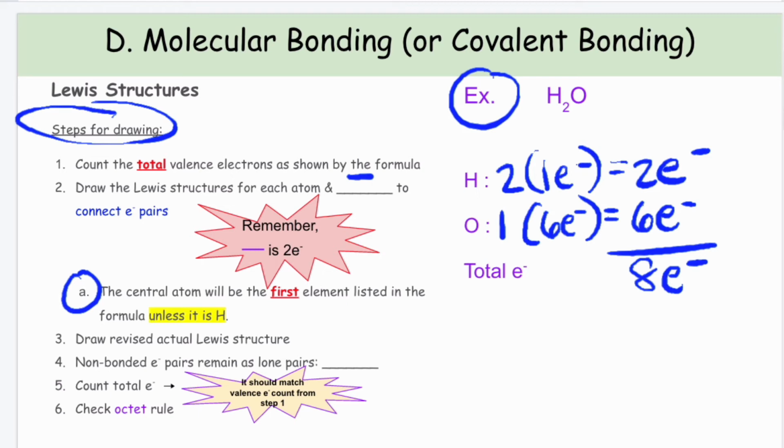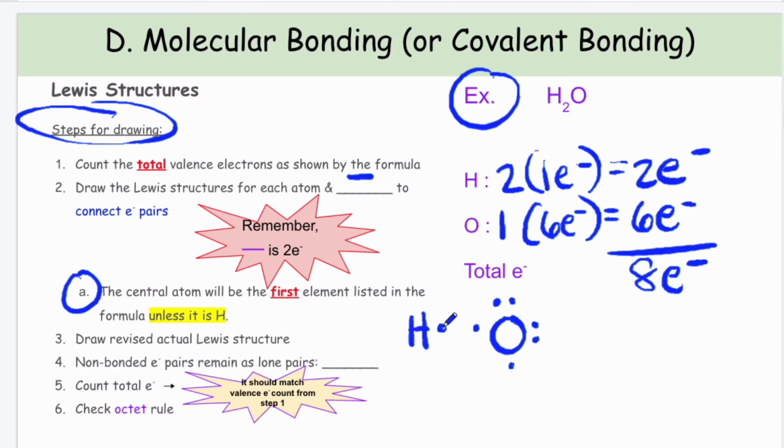Now, that's the one that I'm going to draw first. So I'll draw oxygen, and I'm going to draw the Lewis structure for it. Now, again, oxygen has 6 valence electrons, so I will draw our 6 valence electrons around oxygen. Okay, so we have 6 valence electrons around oxygen. Now I'm going to draw in hydrogen. Now I'm going to draw the hydrogens pretty close to where the unpaired electrons on oxygen are, just to make my structure a little neater.